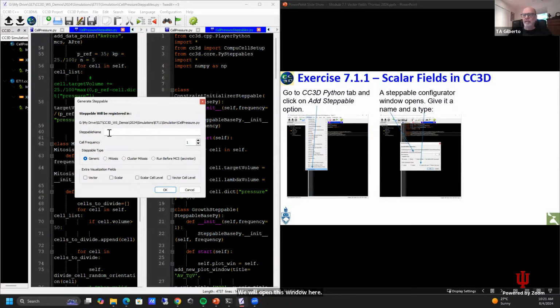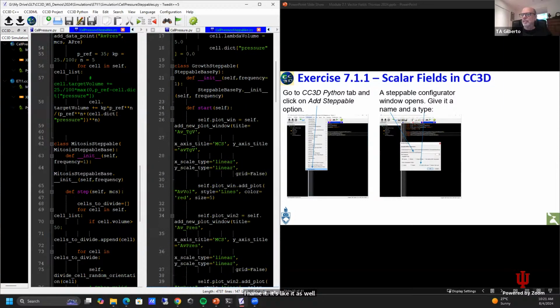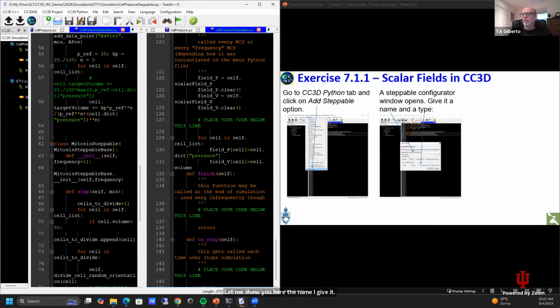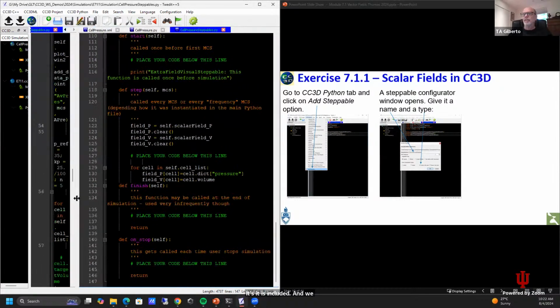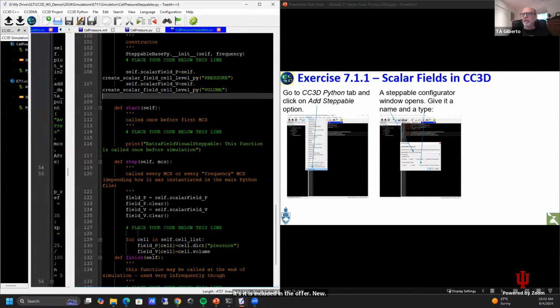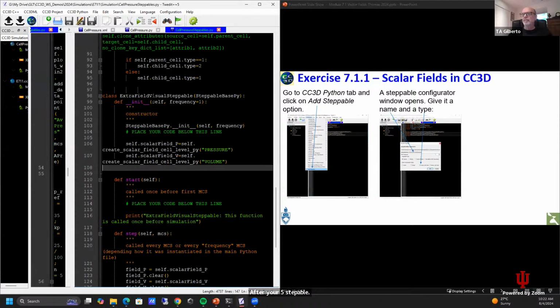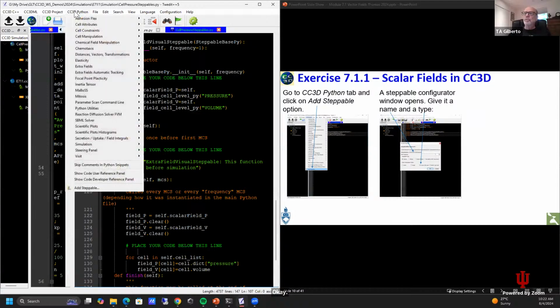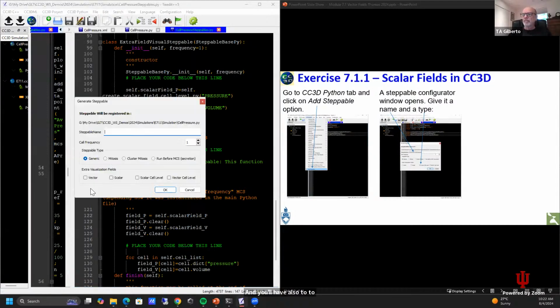You have to give the steppable a name. Let me show you here the name I gave it. It is included at the end of your new steppable file with the name of extra field visual steppable. That's the name I gave. And you also have to choose from that window